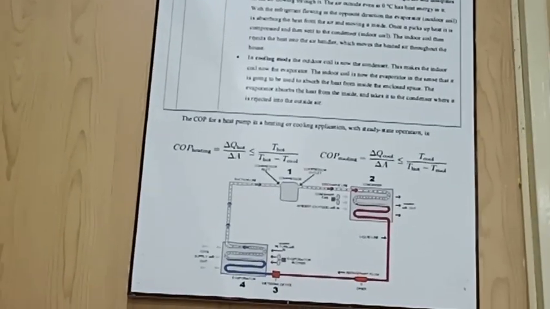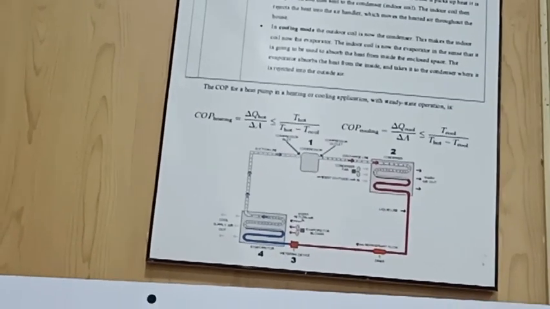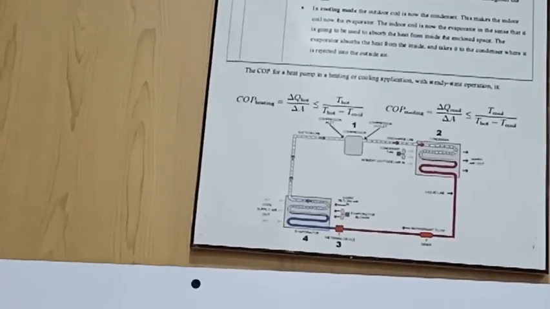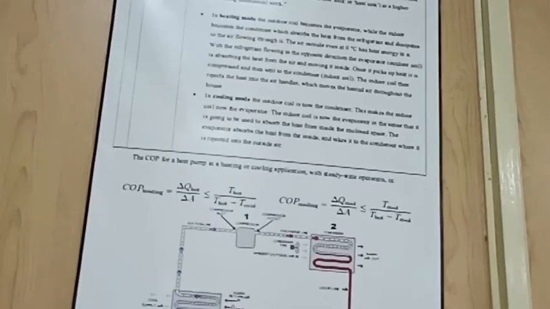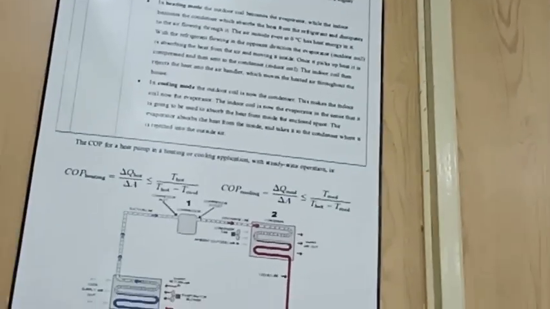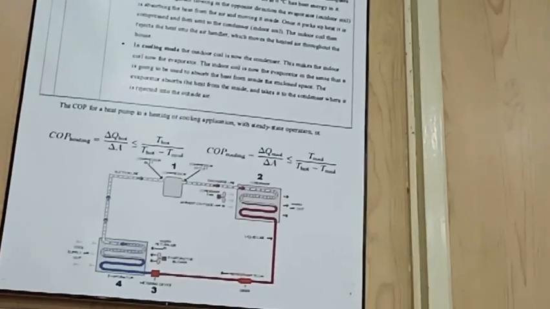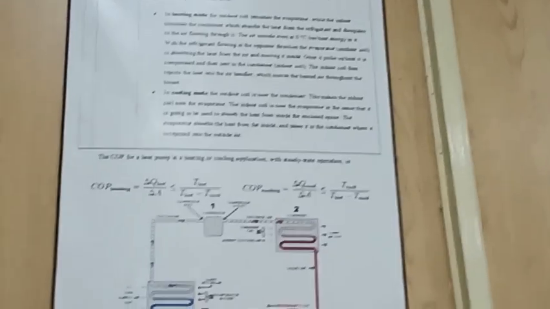And what will be heating mode? In heating mode, it will be the opposite cycle. For example, your condenser and condensation unit will basically be indoor in this case, and the evaporator will be outdoor in that case. So what will happen in heating mode? Basically it will reject heat to the indoor after absorbing heat from the outdoor from the evaporator section. So this is mainly divided into two parts, heating mode or cooling mode.